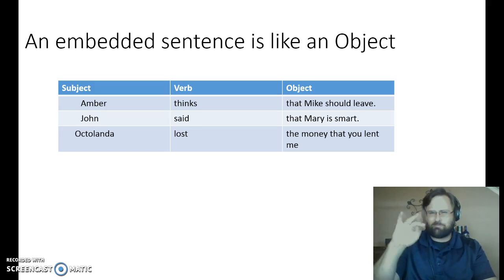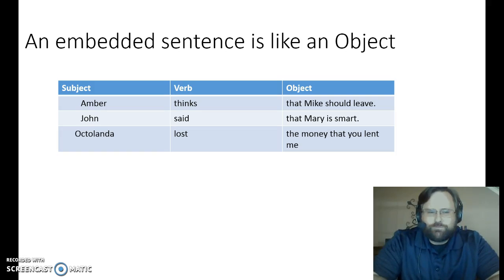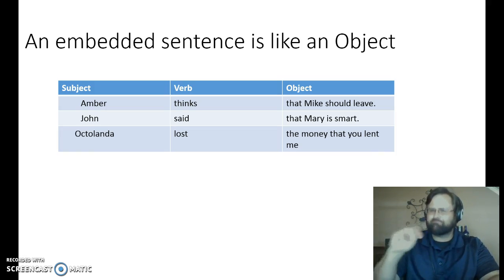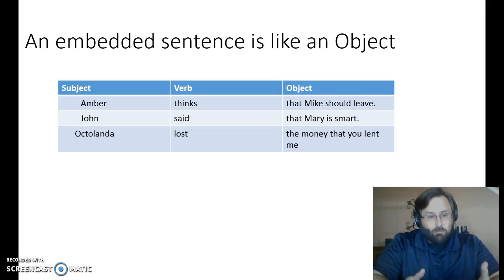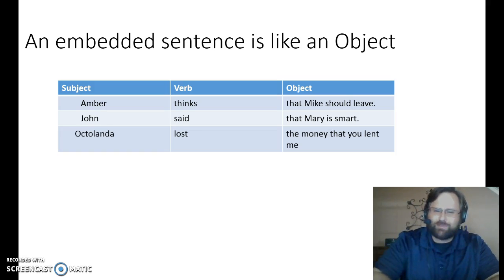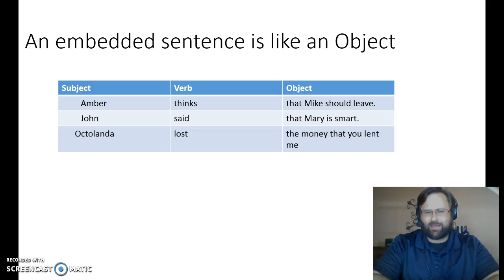Again, the next example, John said that Mary is smart. You could leave that just the way that it is, especially if that Mary is smart is what you're trying to emphasize. Alternatively, with the first two sentences, you could make the object a topic. So if the object is already known to the person you're talking to, you could move that to the beginning of the sentence. And then you would have something like,